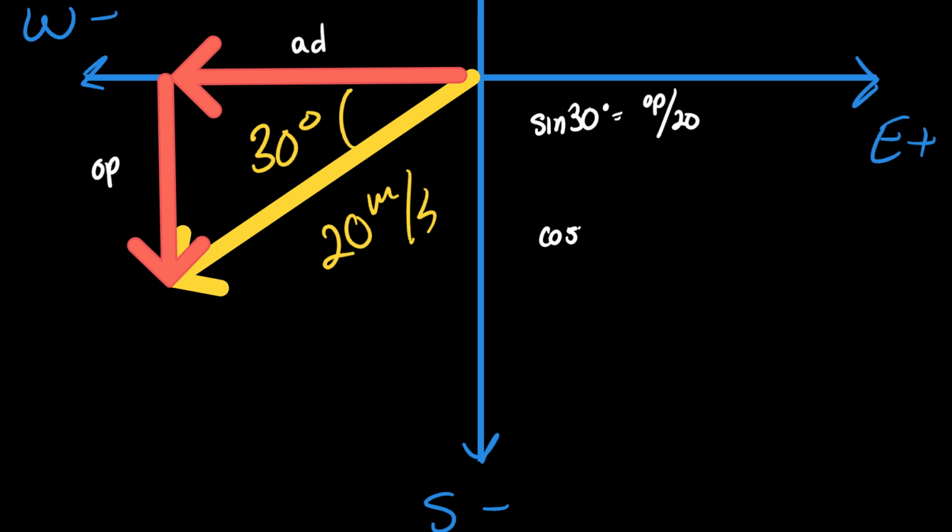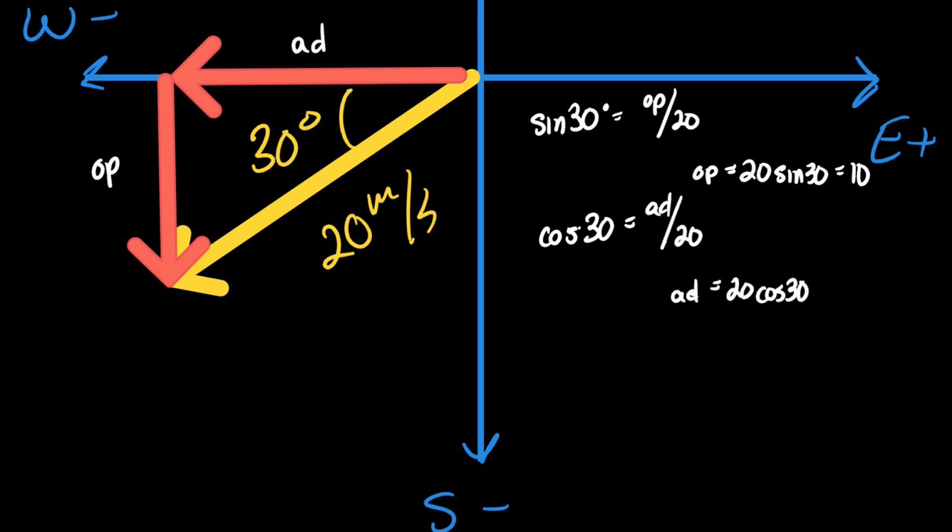Cosine 30 degrees equals adjacent over hypotenuse. So my opposite side is 20 sine 30, which is 10. My adjacent side is 20 cosine 30, which is, see, 0.866,